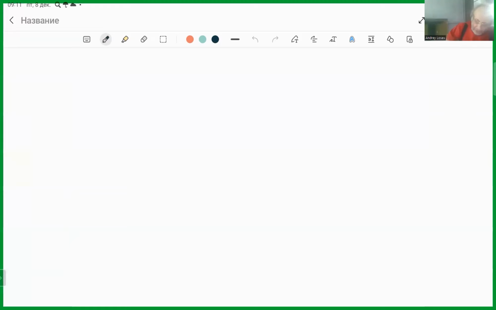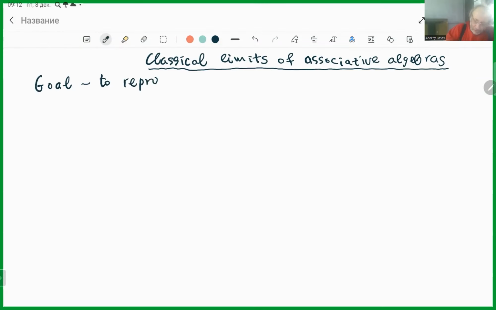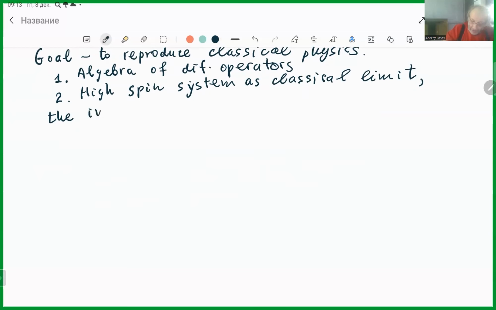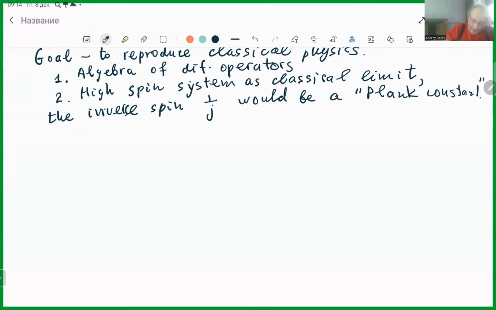The topic of my today's talk would be classical limits of associative algebras. So the goal is to reproduce classical physics. And I will consider two main examples. First example would be the algebra of differential operators. And second example would be high-spin systems as classical limit. The inverse spin, 1 over j, would be a Planck constant. And we will try to get specifically